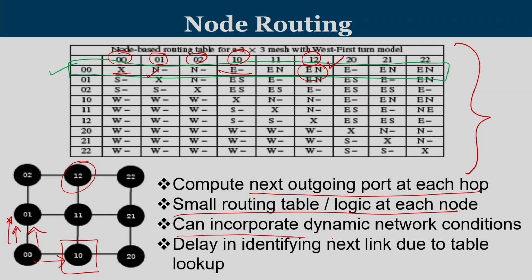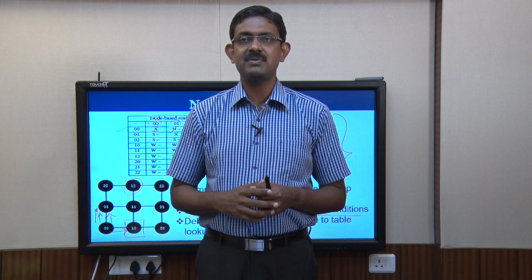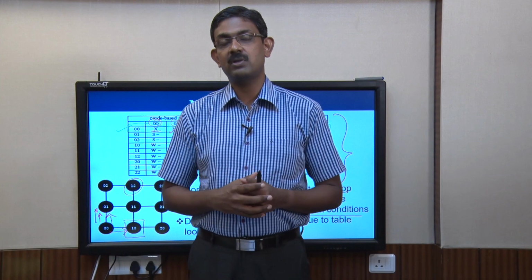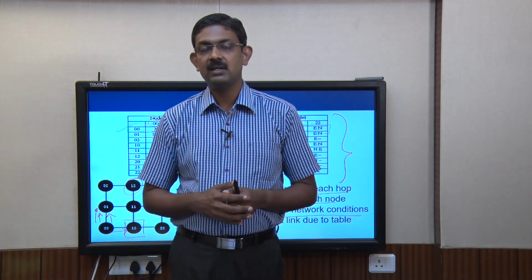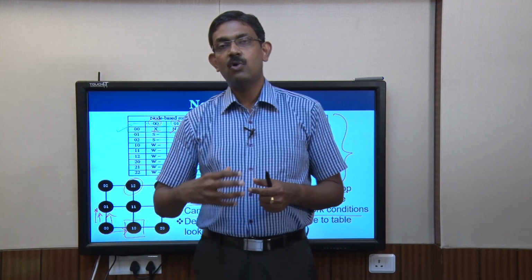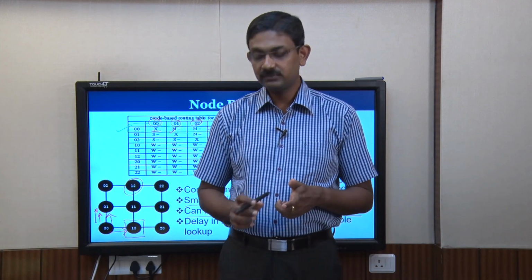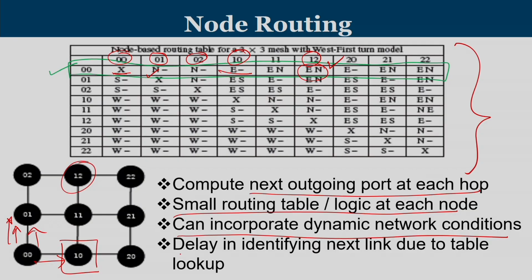This routing can incorporate dynamic network conditions. Whenever there is a change in one pair of routers or some congestion to be recorded, the entire routing table stored across all the routers need not be changed, but that was not the case in source routing. In source routing, for any change that happens in the network, every router's routing table needs to be updated. In this case, for a change in any portion of the network, only a few routers will have to be changed.